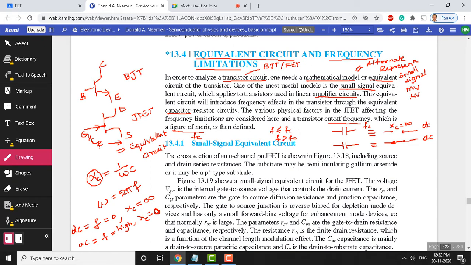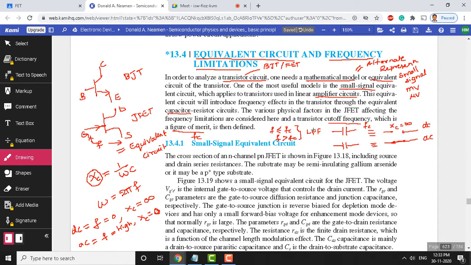For F less than Fc, signals are passed without any attenuation. For F greater than Fc, signals are blocked. These types of filters are called low pass filters. Now we will see shortly whether this JFET will act like a low pass filter or a high pass filter. A high pass filter is just the opposite of this. For signals less than Fc, the signals will be blocked, and greater than Fc, signals will be passed. Such kinds of filters are called high pass filters.